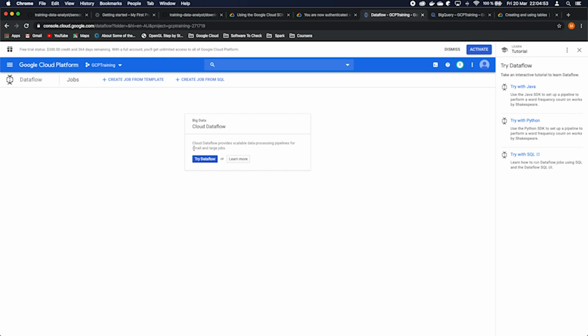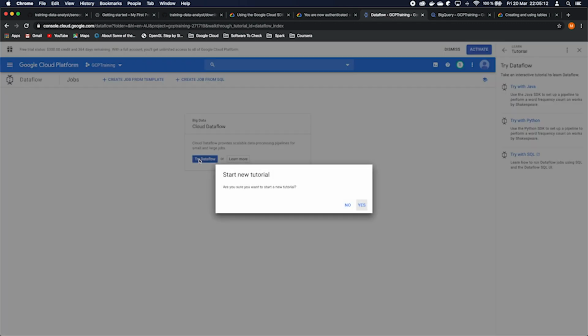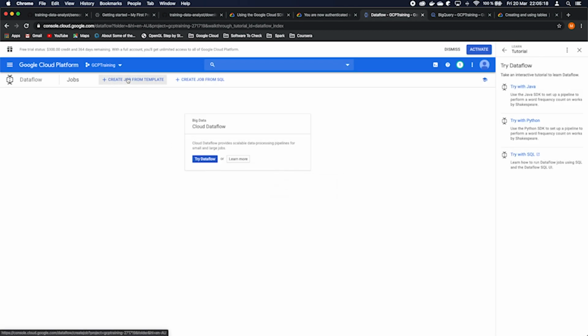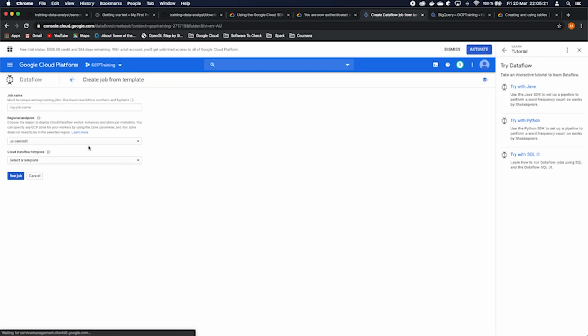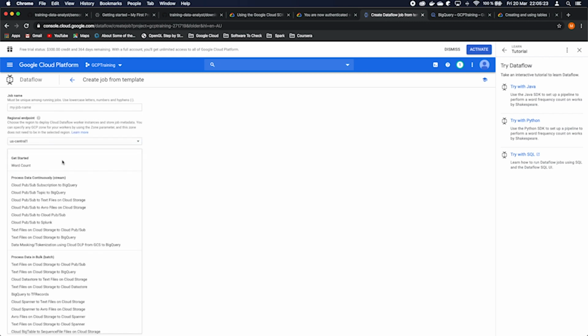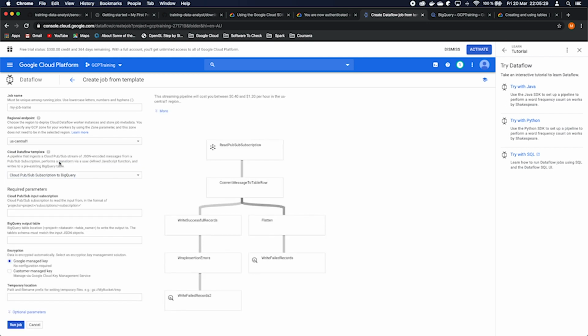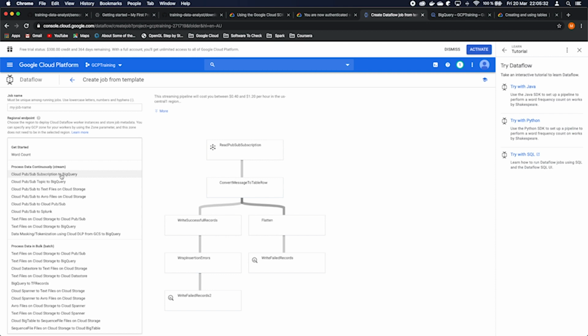You just have to deploy your pipeline, which you usually can do with Apache Beam, and we will check that in the future, how you can create your own pipeline and not just use templates. What is super cool is that you don't have to care about provisioning, about scaling, about security. Everything is done by Google. We just need to create a new job from template, and in our template we are going to select Pub/Sub to BigQuery.